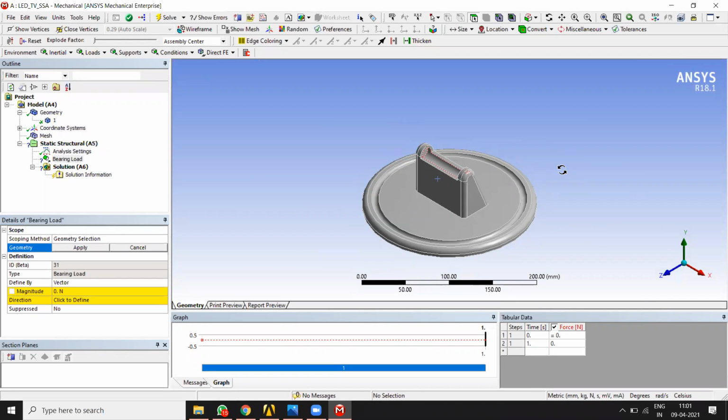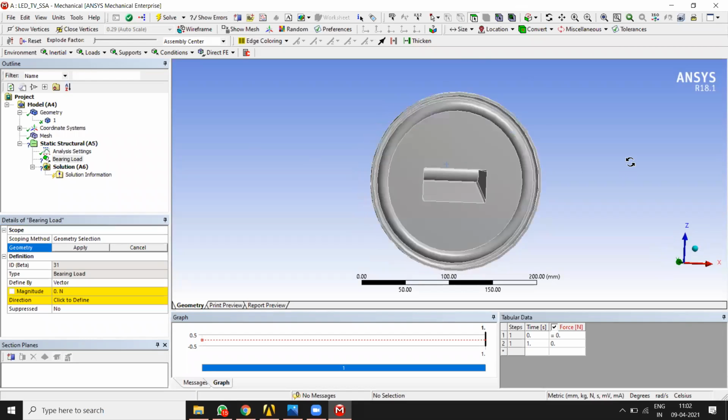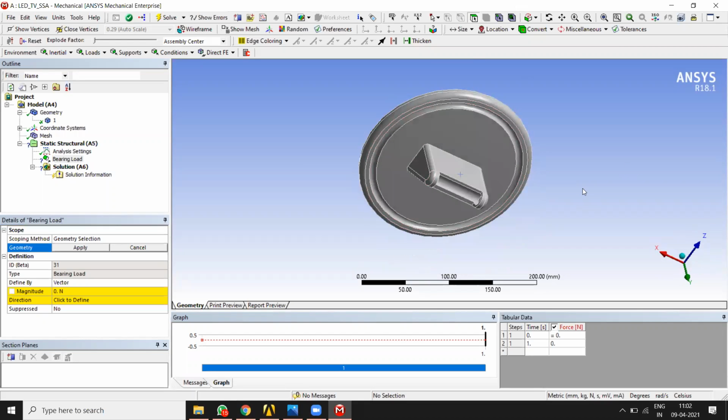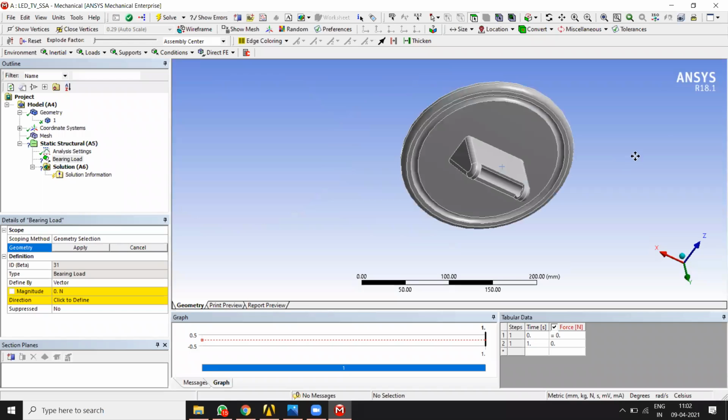This way you can rotate. If you'd like to pan the geometry, press and hold control key and press and hold the roller also. This way you can pan. Okay, so zoom in, zoom out, then pan, rotate.